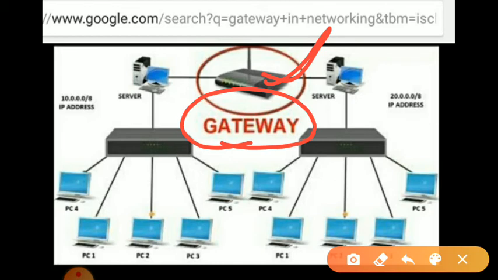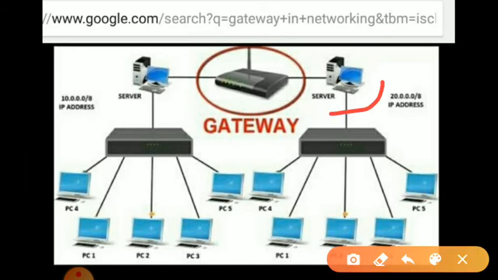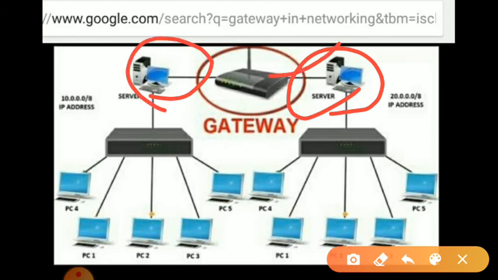A gateway is actually a node on the network that serves as an entrance to other networks. In enterprises, a gateway is a computer that routes the traffic from the workstations to the outside network. It serves web pages. In the home, the gateway is an ISP that connects the user to the internet. Okay, this is a server and this is also a server. In between we attach the network or a gateway.